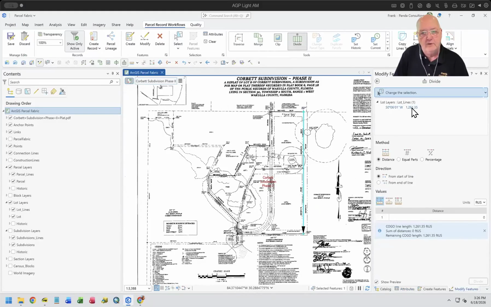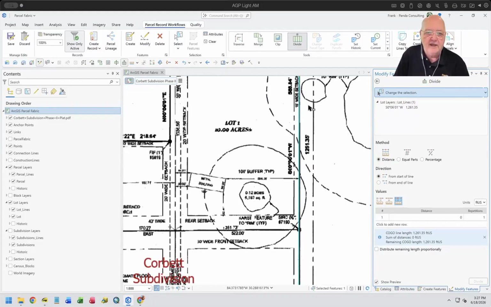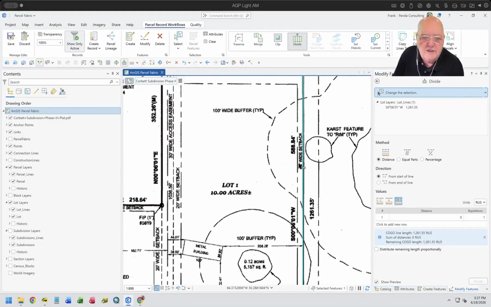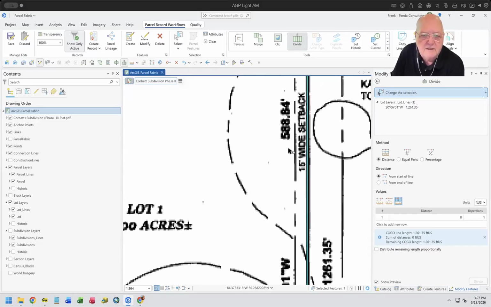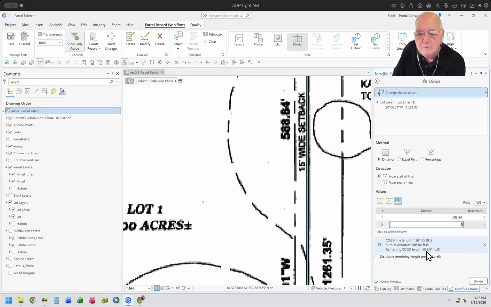The divide tool says I've got one line and I want to divide it by distances, and I want to do multiple different distances here. Once I have divide by distance, it shows me my starting point, my ending point. It says, give me the sequence of the lines from that starting point. So I can go up here and say, okay, my first distance, and this is not a great scan, but I'm going to say it's 588.84. When I hit enter, it's going to tell me what the remaining distance is